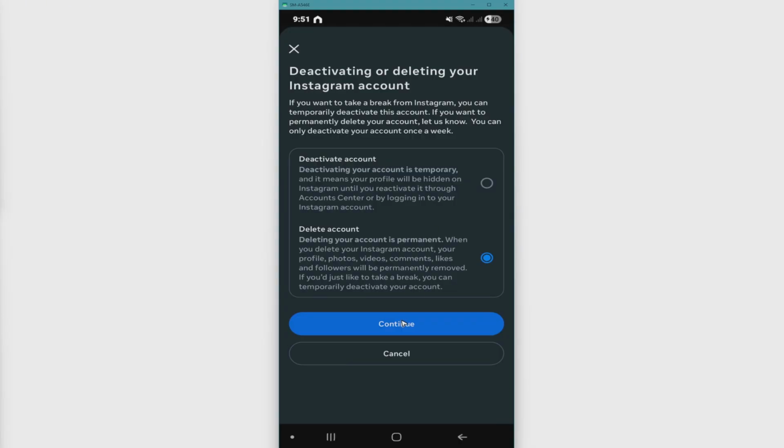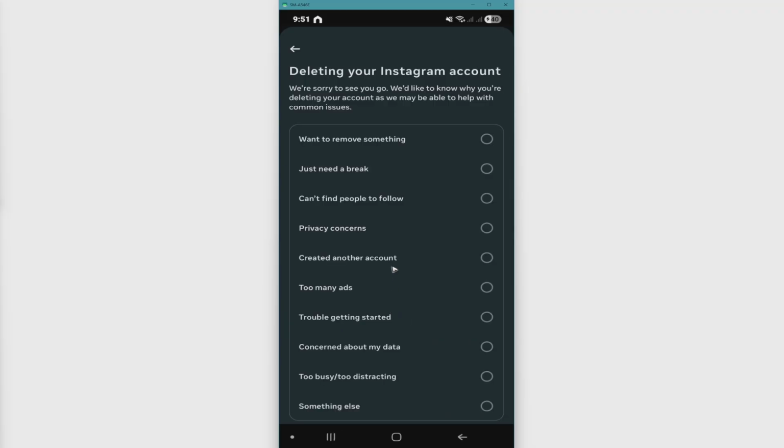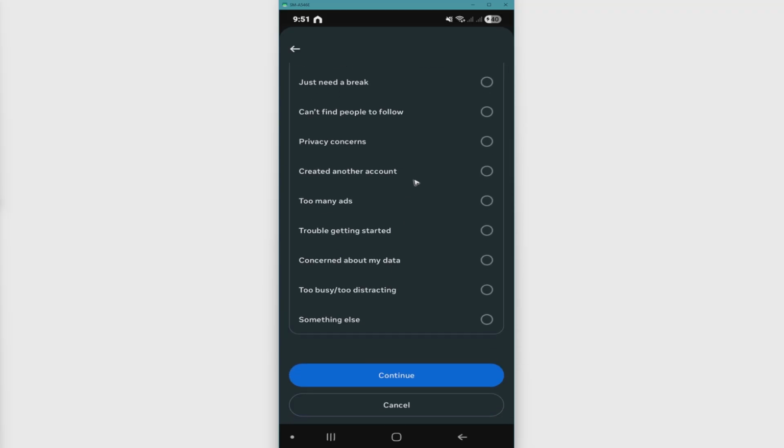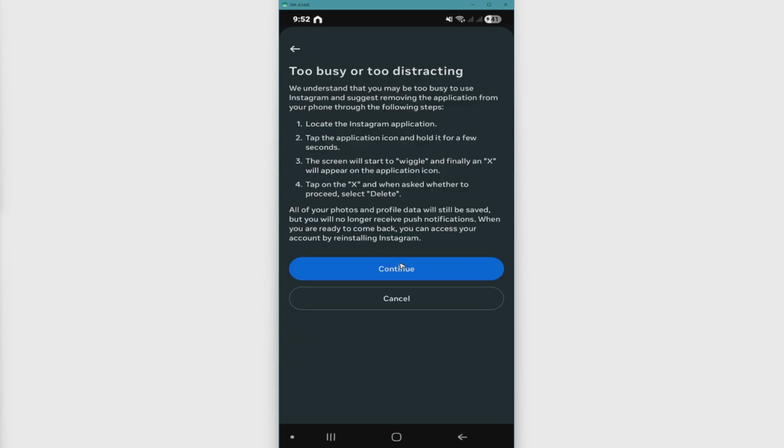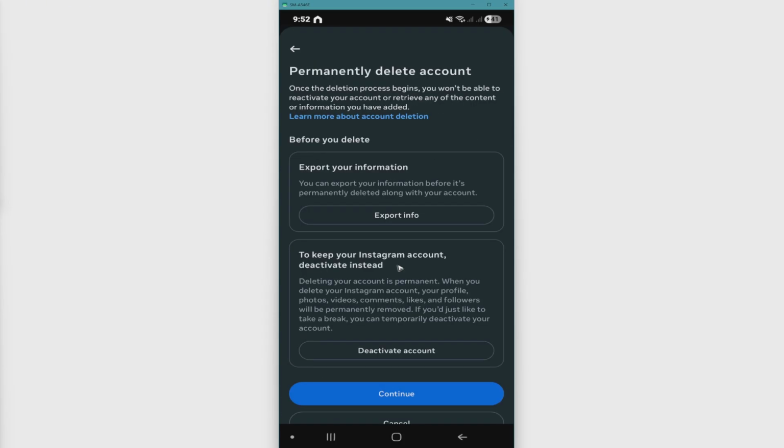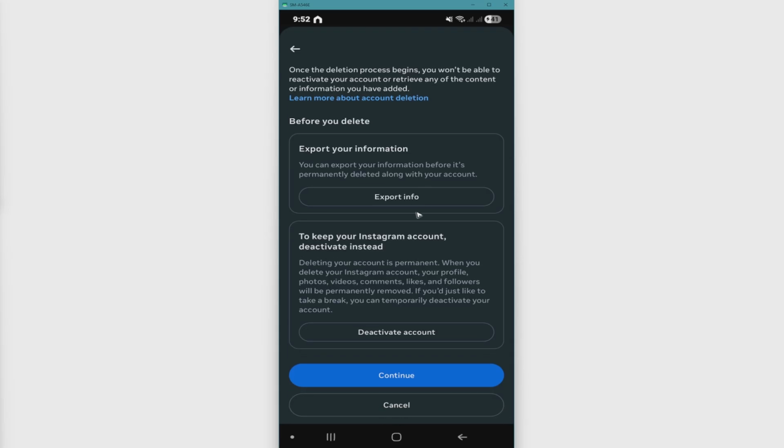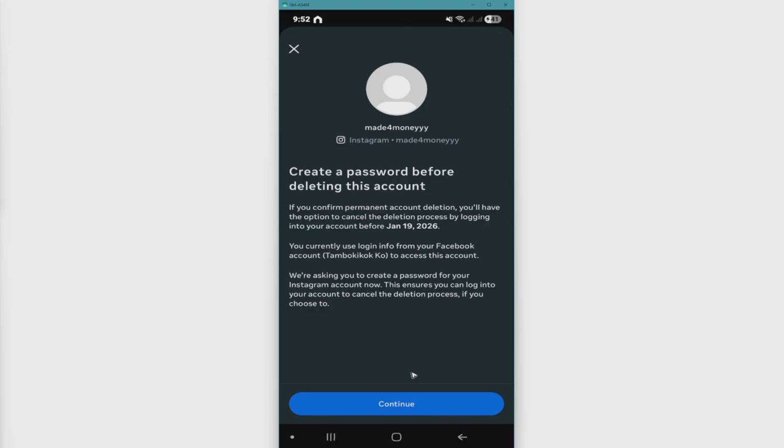So hit on continue if you want to delete it and select the reason why you want to delete. And once that's done, hit on continue. Tap on continue. And finally, scroll down, tap on continue. And if you don't have any password in this account, it will ask you to create a password first before deleting. As when you go ahead and delete this one, if you want to recover it within 30 days,